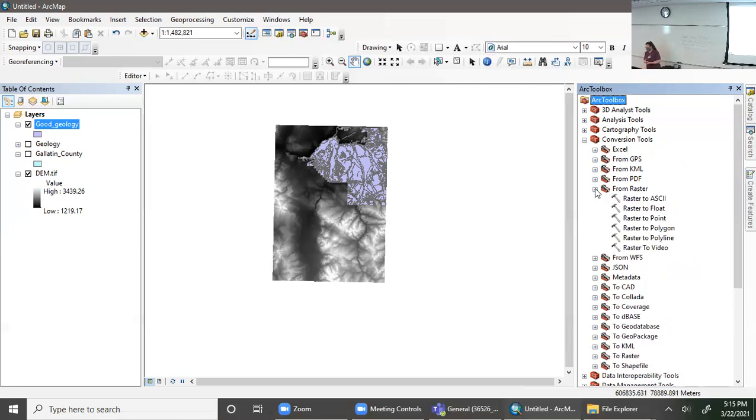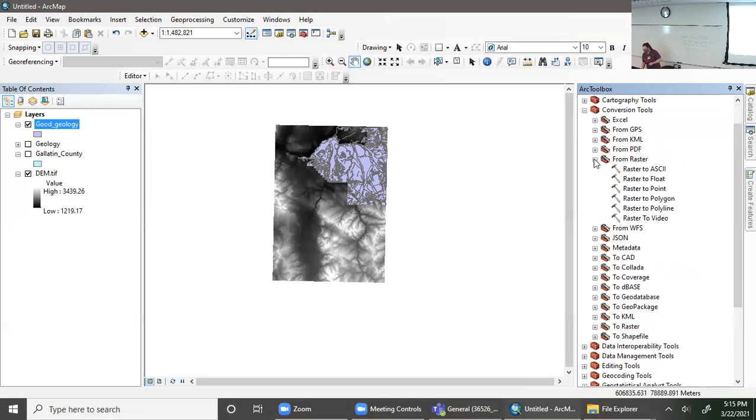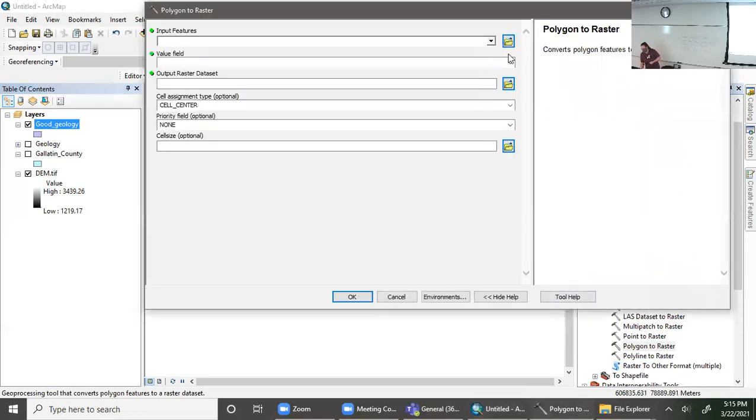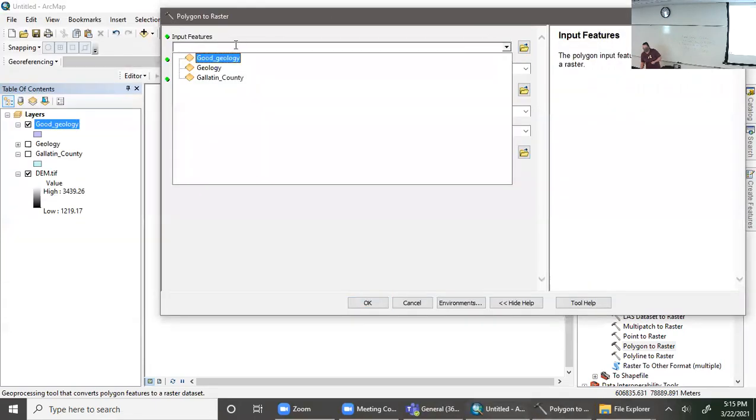Our toolbox, conversion tools, raster to, I'm sorry, it's to raster, not from raster. Polygon to raster. Conversion tools, to raster, polygon to raster. So we're going to take our good geology